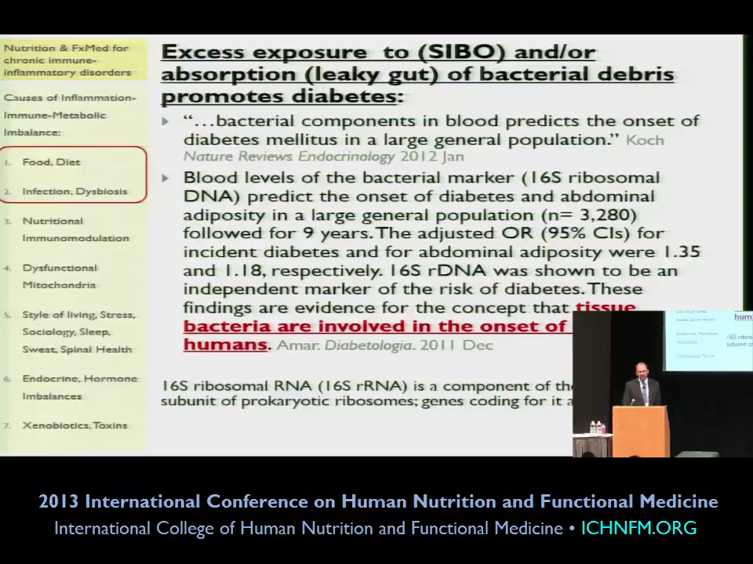Very interesting article. I'll just summarize the last sentence here. This was a 9-year prospective study showing that the amount of bacterial DNA in the blood predicted the onset of diabetes. And this is a study of about 3,000 people, I believe. 3,200. Very remarkable study. So the patients who have the highest level of bacterial DNA are the patients most likely to develop diabetes, adult onset diabetes, diabetes type 2, also known as insulin resistance, metabolic syndrome, which we know has